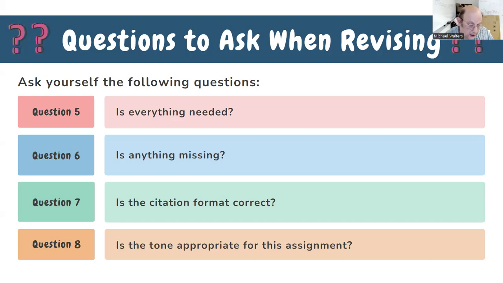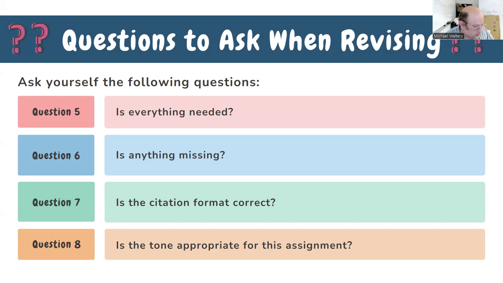Regarding subtlety and directness, if you're making an argument, sometimes you might feel that you need to add something, or someone else may feel that way. Many of you have been in classes where you do peer revision, and one of your friends or colleagues in class might say, I think you could use something else in here. And sometimes you'll get differing opinions, okay? And that's the challenge. Okay, citation format can be an issue in revision, but as we're going to get to, I believe, in the next slide,